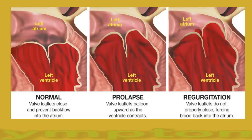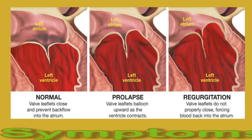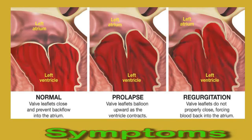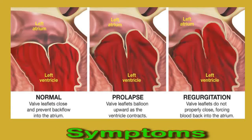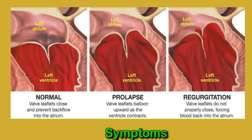Symptoms: many people with mitral valve prolapse will never experience symptoms. The diagnosis will often come as a surprise. However, some people develop symptoms that get worse over time. These symptoms can vary from person to person but may include the following: